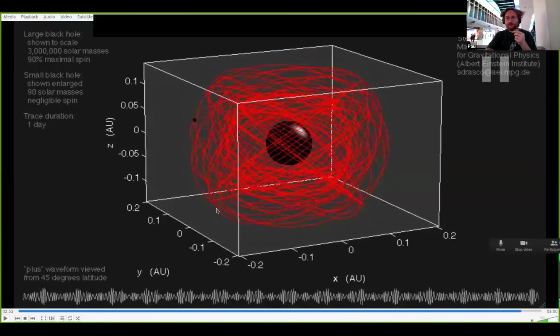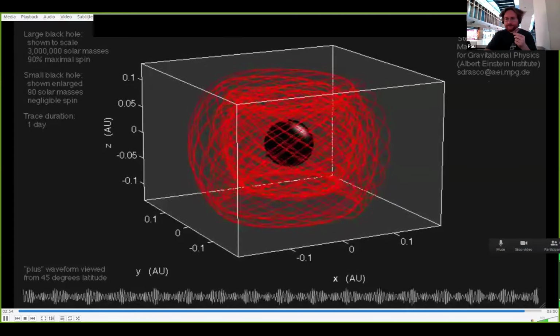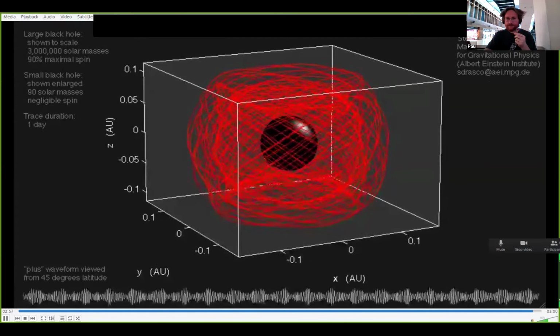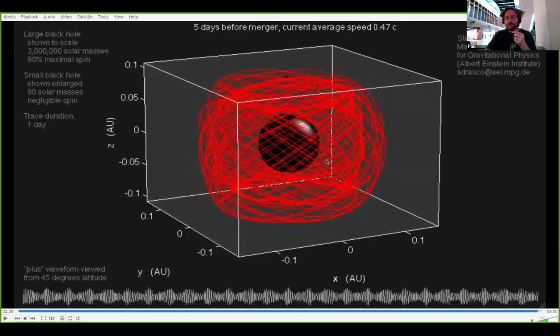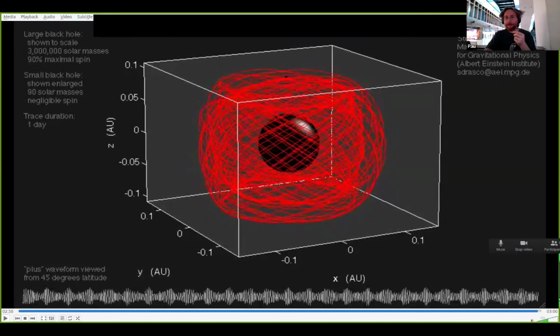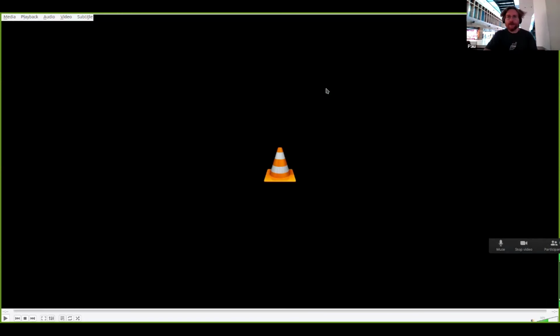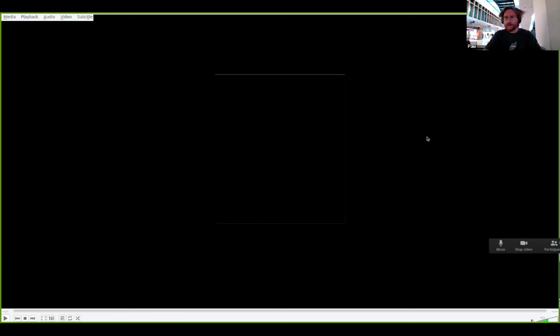One month before the merger, you see how you are covering all of your phase space, basically, and look at the complication of the waveform. And you're going to ask yourself, what is going to happen when you hit 0 days? Well, what is going to happen is that you're going to have silence. And why do you have silence? Well, we have silence because the thing has crossed the event horizon, and you cannot get any kind of information.